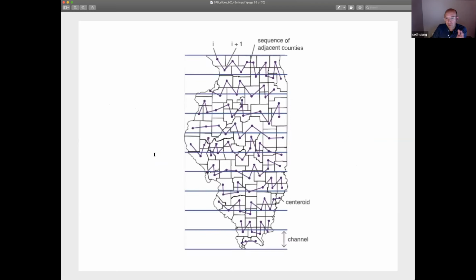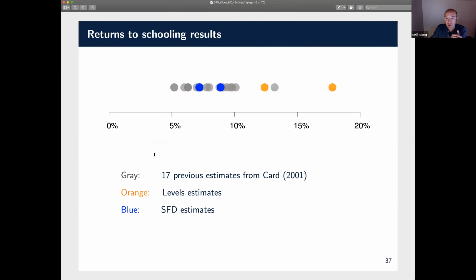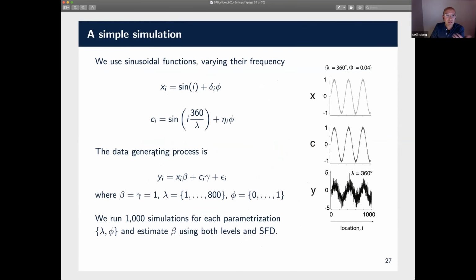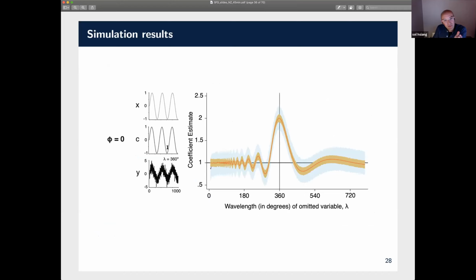In fact, the thing that I skipped, so it's totally fair to have this type of question. We did a simulation to ask how much variation we need in our X to get the action that would identify beta? You can read the paper if you care about the math; I'll just focus on the pictures here. We basically make a variable X, we make an omitted variable C, and then those two things come together to construct some Y, which also has noise in it. Here we've made sinusoids because they have this nice property of looking like spatially coherent trends. And what happens is, even in this case,